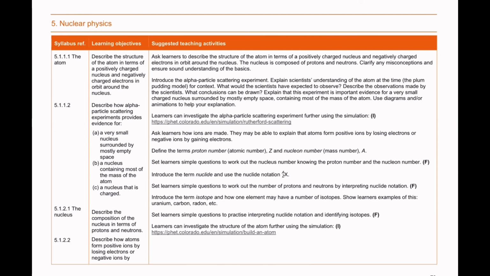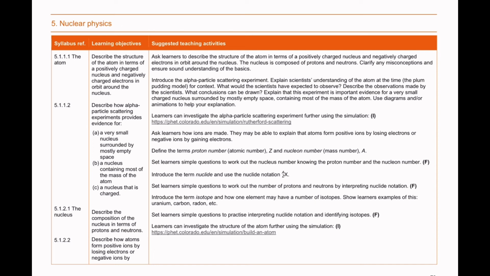Number 5. Nuclear physics. Key concept. 5.1.1.1 The atom. Learning objectives. Describe the structure of the atom in terms of a positively charged nucleus and negatively charged electrons in orbit around the nucleus. Describe how alpha particle scattering experiments provide evidence for